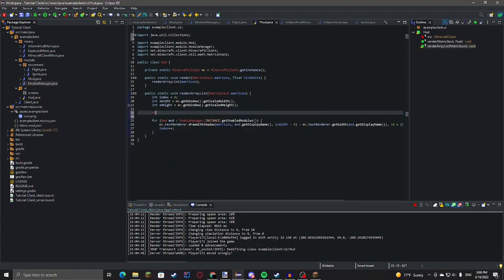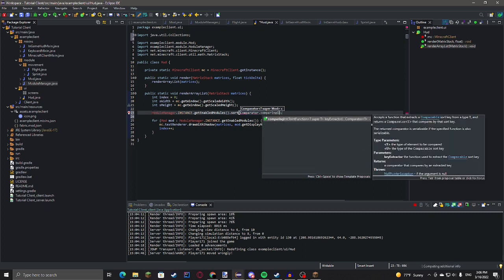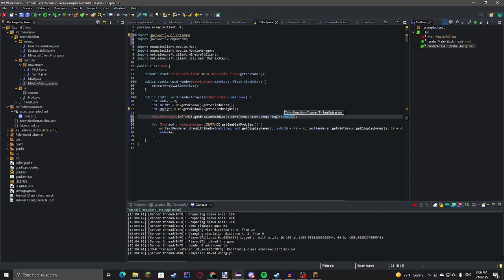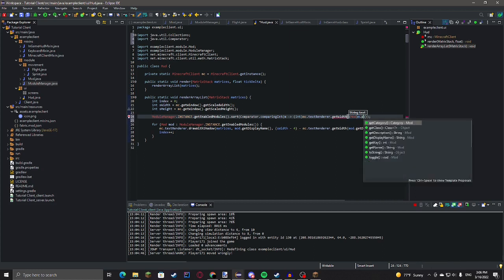So we can go to here, module manager.get instance.get enabled modules.sort comparator.comparing int, and then we're going to do m and then the arrow int mc.text renderer.getWidth, and then the mod we're going to cast mod m dot get display name.